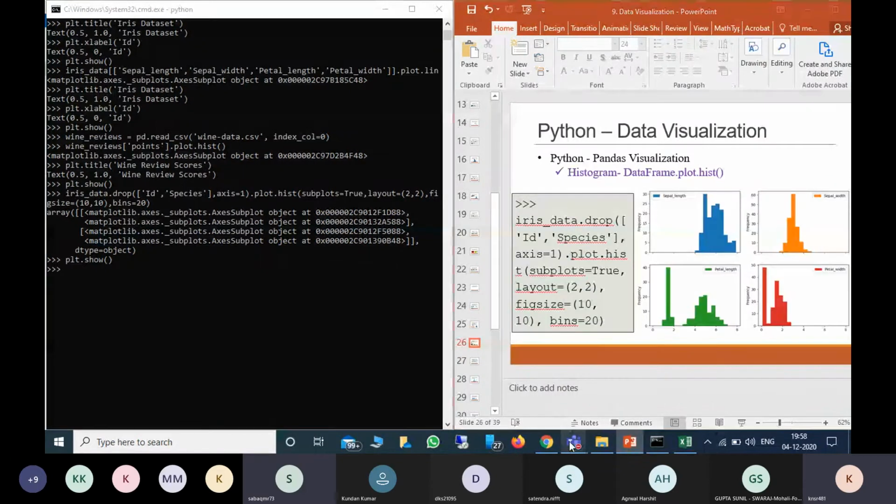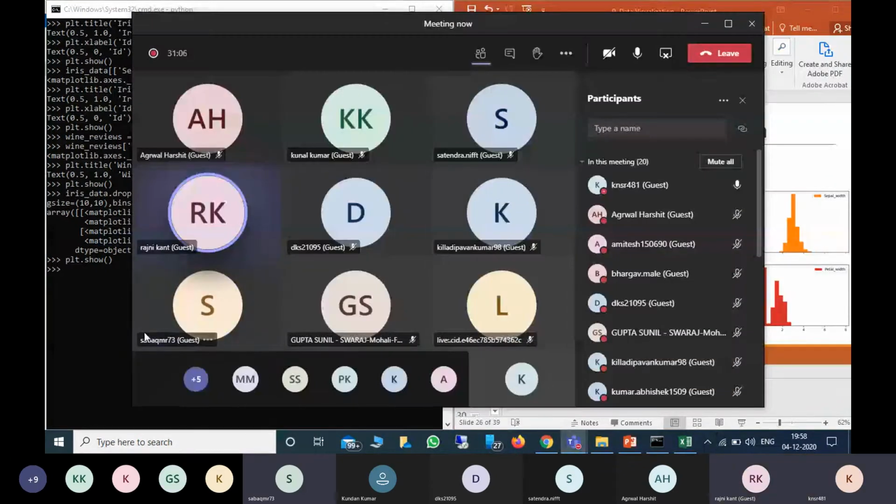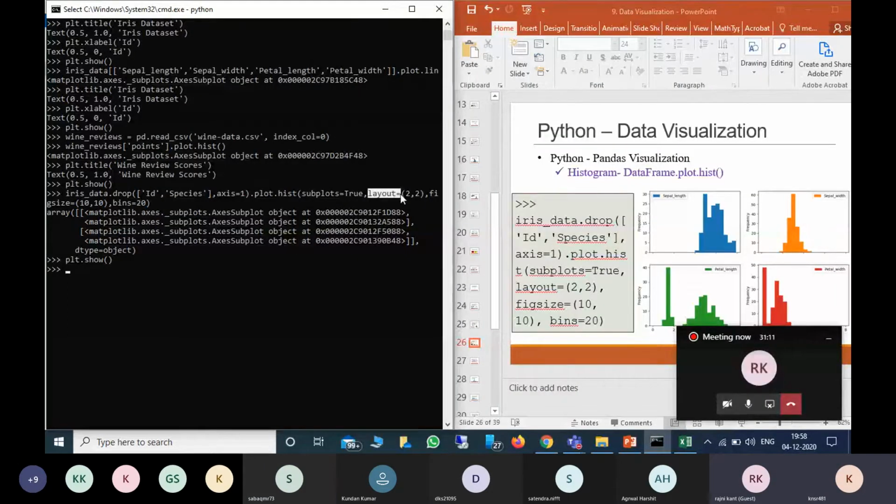Sir, can we use this layout with size and bins in other plots also? So this layout we use to represent how the subplots will be. Here there will be four columns. So I want to represent them in 2 by 2, or if I want to represent them in 1 by 4, so only one row and four columns.